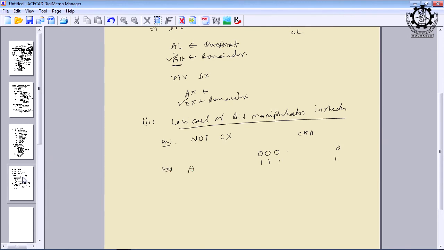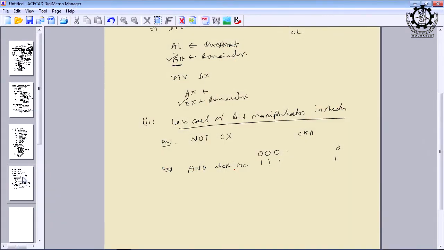Similarly, another instruction, AND, with destination and source. In the destination place, I can write a register or I can write a memory location address. Even I can write a 16 bit data that will be ANDed. ANDed means bitwise, every bit position of the source will be ANDed with every corresponding bit of the destination, and the result will be stored in the same corresponding bits in the destination. Or you can say there is a perfect alignment of the bits available in the source, destination and finally the results in the destination. Is it clear? So, that is AND operation.